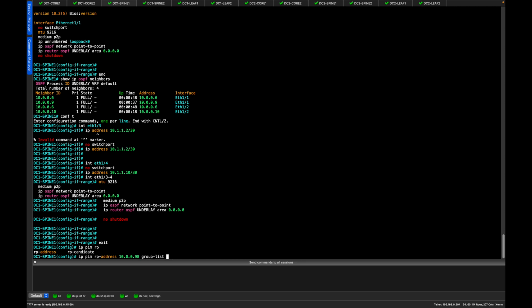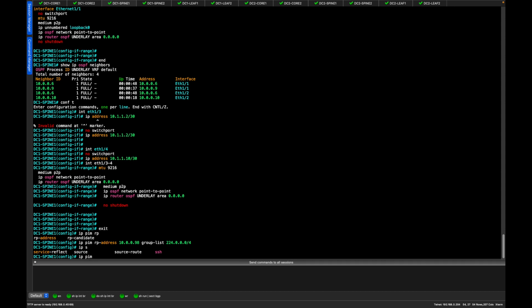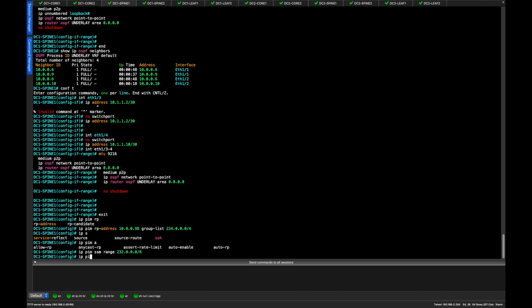We'll set the group list for that to 224.0.0.0/4. And we'll say the PIM source specific multicast range is 232.0.0.0/8, and then we'll say IP PIM